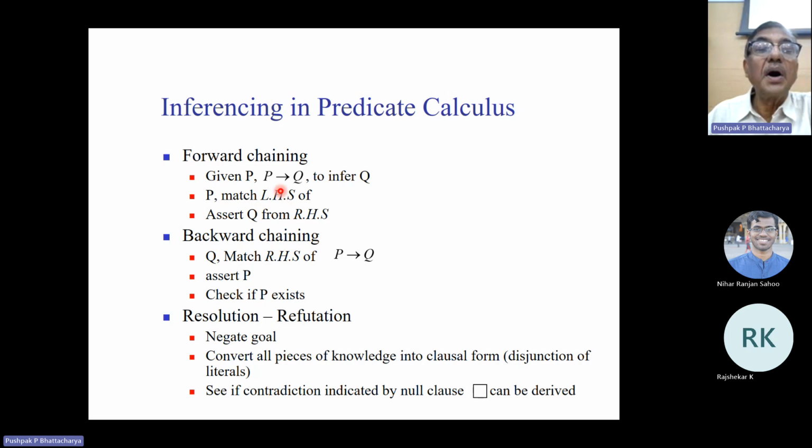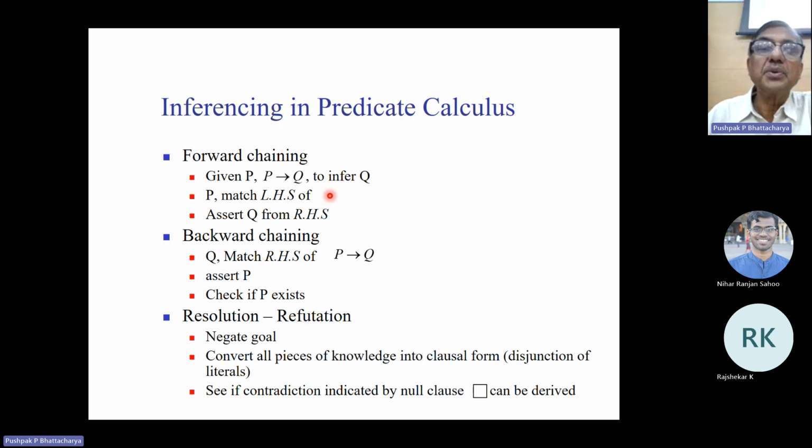So how many same left-hand sides give rise to different right-hand sides? Similarly, how many different right-hand sides are indicated by different left-hand sides? Okay, this is called the fan in and fan out factor of the rules. So that determines whether you should use forward chaining or backward chaining. It is decided by the problem property also.